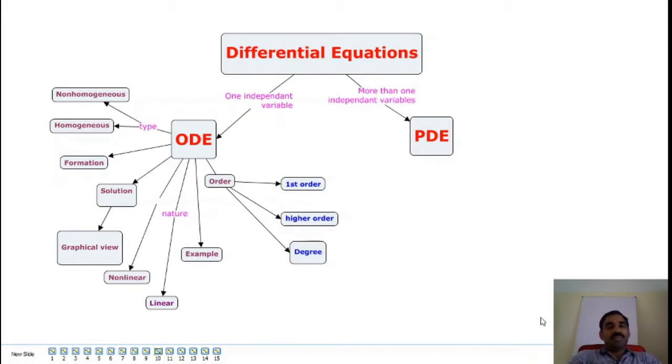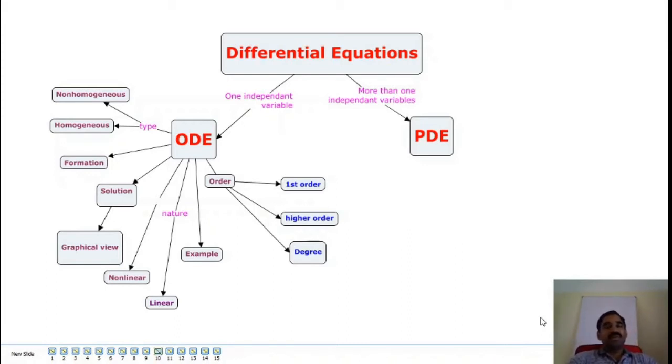And by solving a differential equation, we get a family of curves, and that family of curves may be a one parameter family or a two parameter family, etc. For example, if you are considering the family of straight lines passing through the origin, the equation is y is equal to mx, and we can form the corresponding differential equation as xy dash minus y is equal to 0.